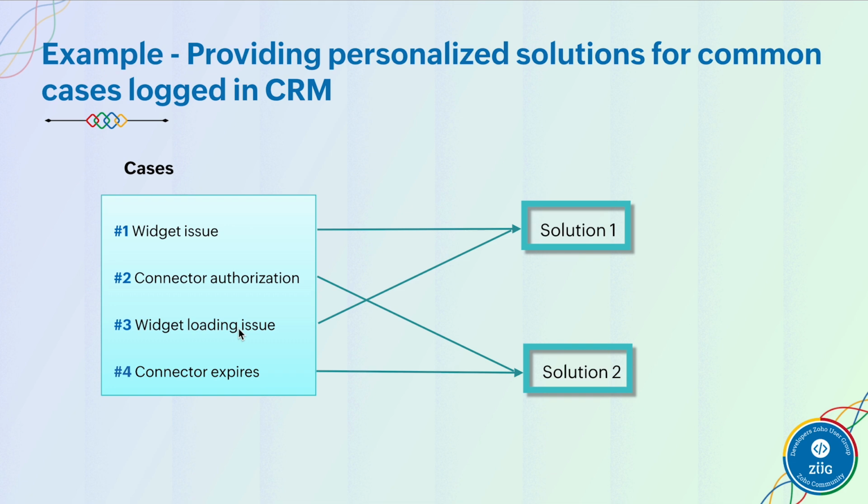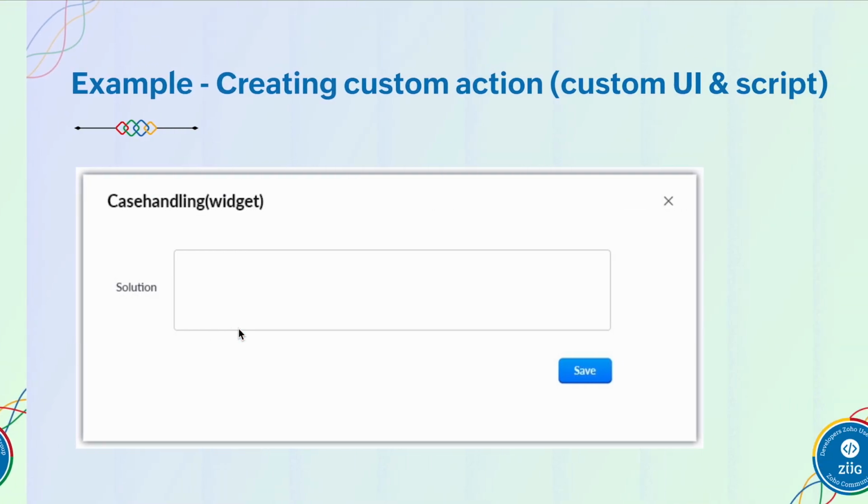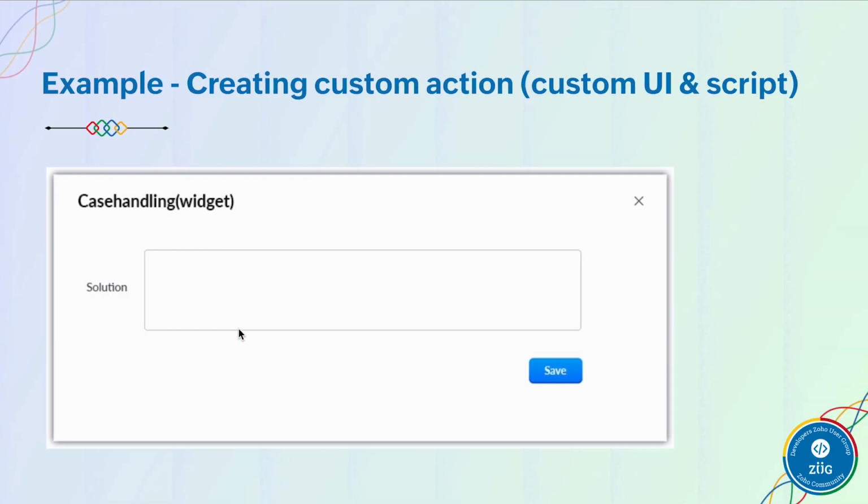So as I mentioned, as a developer, if you have to create the custom action feature, you'll need a combination of the custom UI and the custom script, right? So here, let's say we have a custom user interface where we have a field called solution and a text box to get the personalized input from the end user later. This is just a common user interface that we've created as part of our extension. The end user, after they create the workflow and associate the custom action, will be prompted with this UI, where they can provide the personalized solution for that particular case criteria. So this is a UI component.